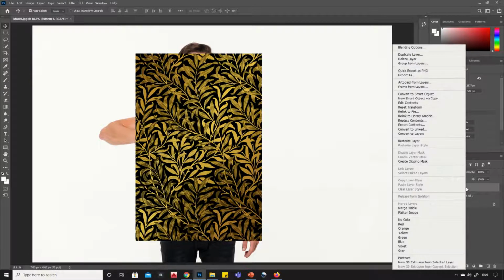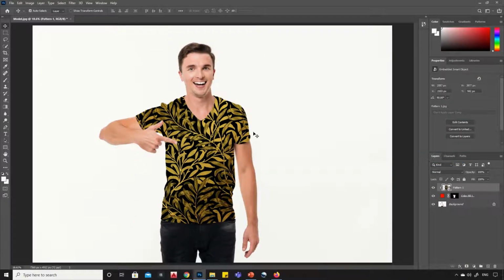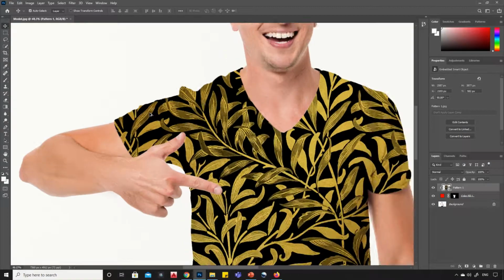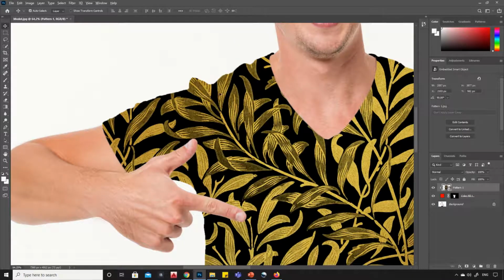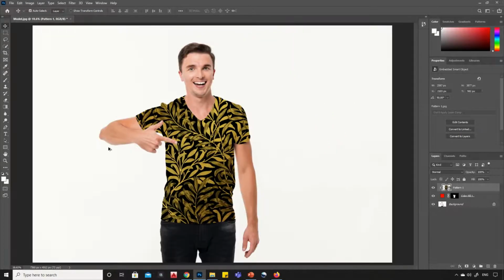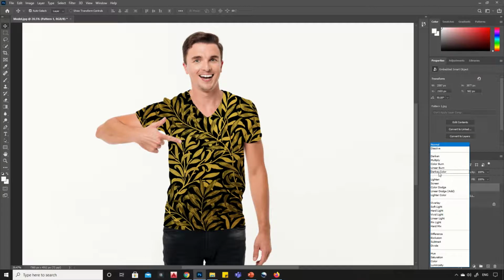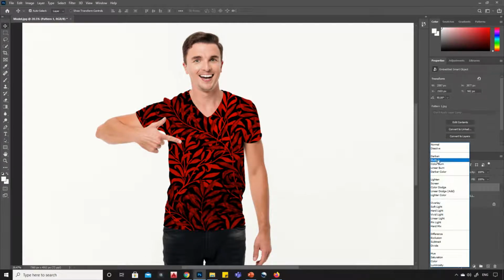Right-click on the pattern layer, then click on Create Clipping Mask. Now, go to blending mode, and select multiply.